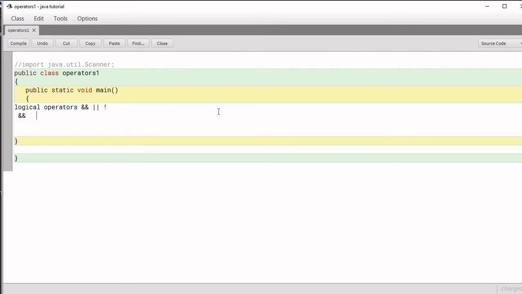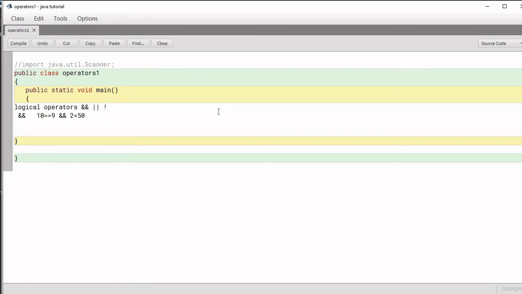If there are two relational expressions, first of all those relational expressions will be evaluated, because the priority of relational operators is greater than the logical operators. Suppose it is written like 10 is equal to 9, which is obviously false, and 2 is less than 50, which is actually true. So first, these two relational expressions will be evaluated.